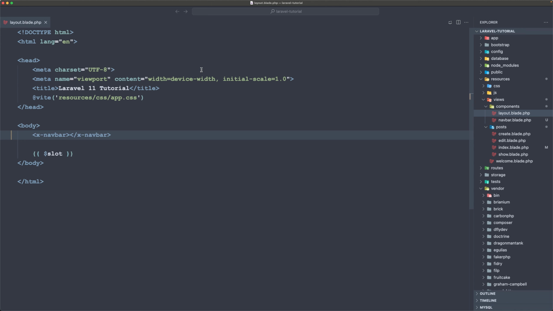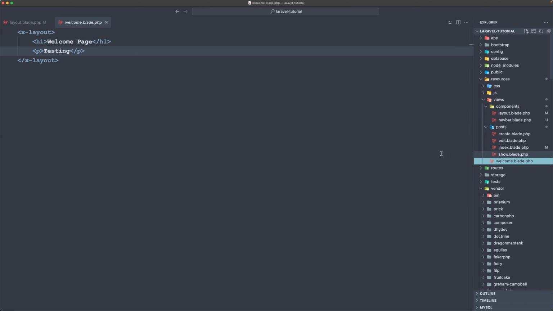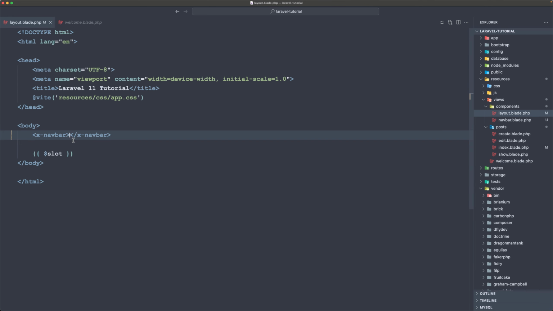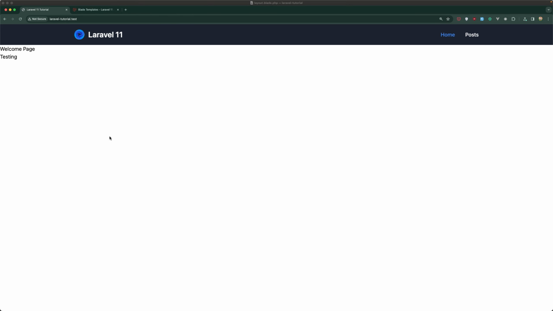Okay, now because we are not going to add something here as we have done with the x-layout, as you can see, we have added something, but inside the navbar we don't need to add something. What we can do is just self-close that and it's going to work again. Okay, now let's fix the position right here in the same